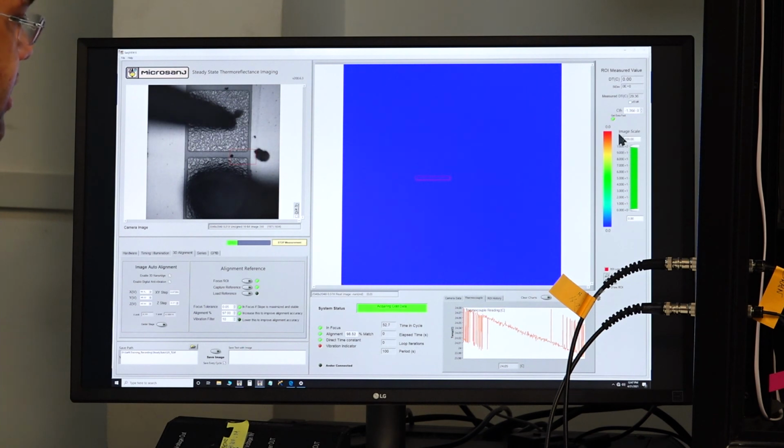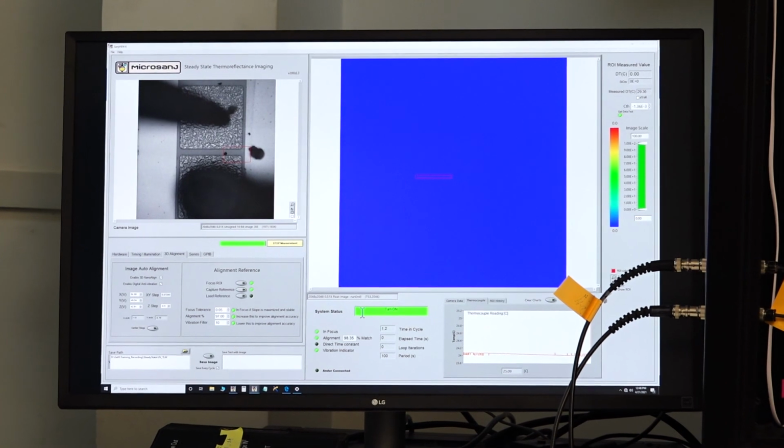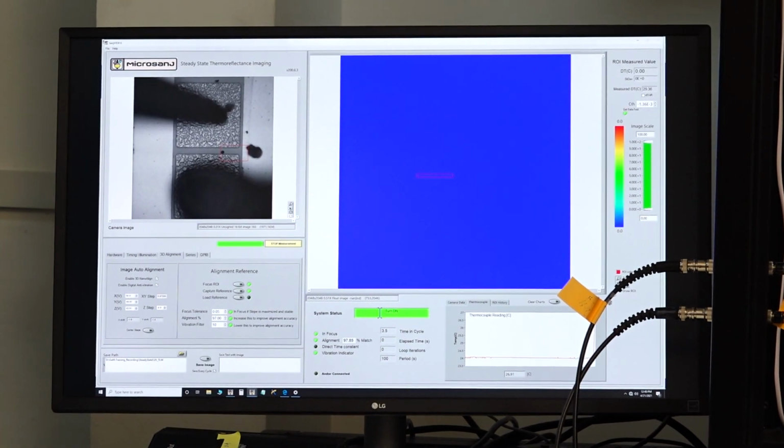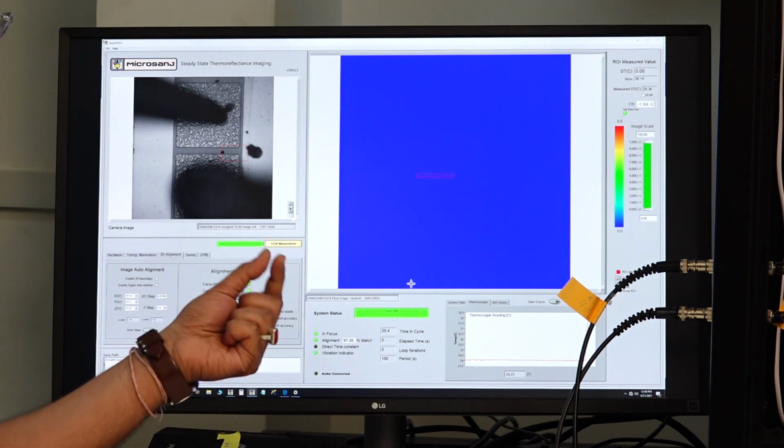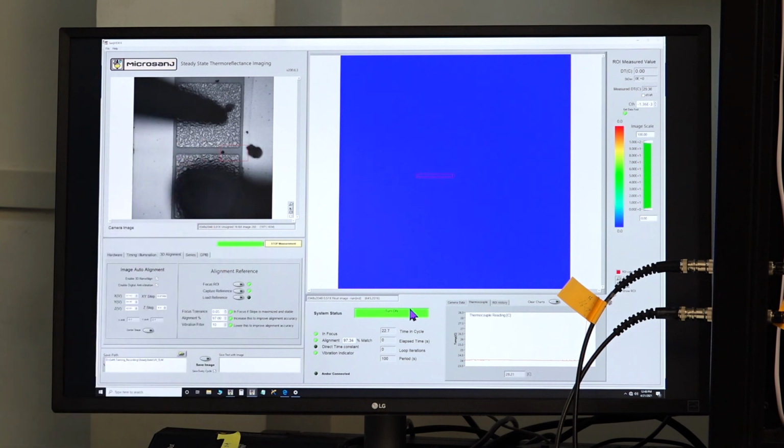Right hand side below, we see that there is this temperature scale from blue to red. So that temperature scale will adjust as the images come in. In the system status bar, we see that the heating has started. It has turned on. And after this heating is complete, we'll get our first image. So the heating will continue for around 55 seconds, post which in the last part of those 55 seconds, the CCD will capture the heating image.